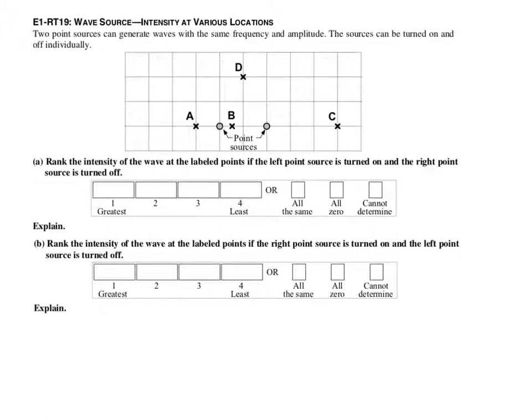Chapter 14, Sample Problem Number 5. Two point sources can generate waves with the same frequency and amplitude. The sources can be turned on or off individually. Part A, rank the intensity of the wave